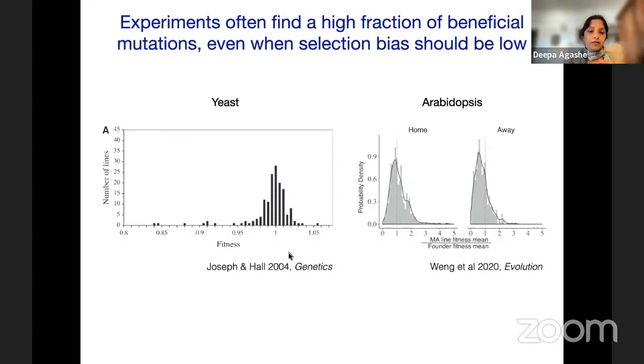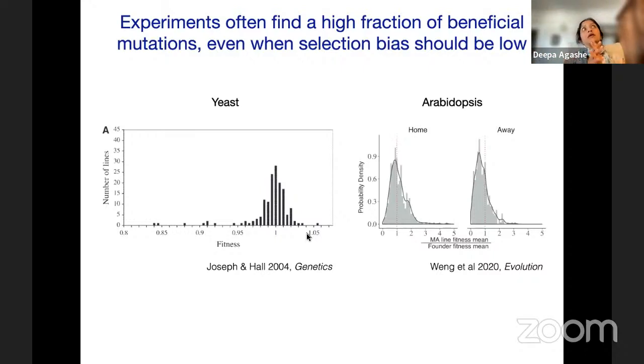I'll also point out that for this yeast paper, there's a follow-up paper from a few years later where they asked, okay, maybe we saw this because we only measured one fitness metric. So for these same lineages, they measured a bunch of other fitness metrics, and they all show the same pattern. They also asked, okay, maybe if we evolve them longer, then we'll start seeing declines in fitness. That didn't happen either. They found that the fraction of lineages which showed a relative increase in fitness was also not